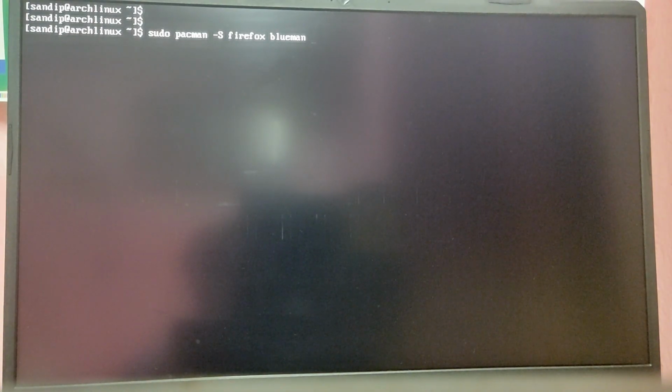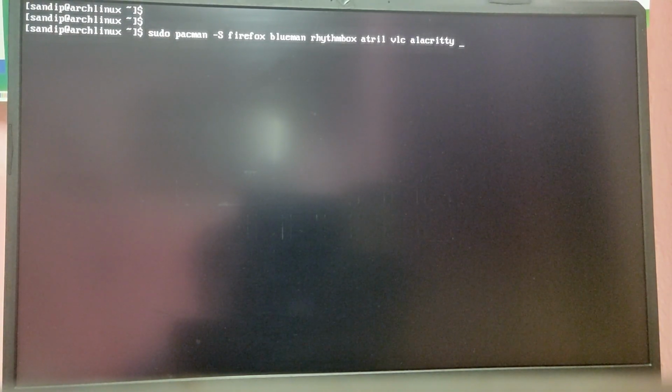Now for basic utilities, type sudo pacman -S firefox, blueman for Bluetooth manager, rhythmbox for audio player, atril for viewing documents, vlc to view videos, ntfs-3g, alacritty for terminal, kitty for terminal which is default in Hyprland, Thunar for file manager,